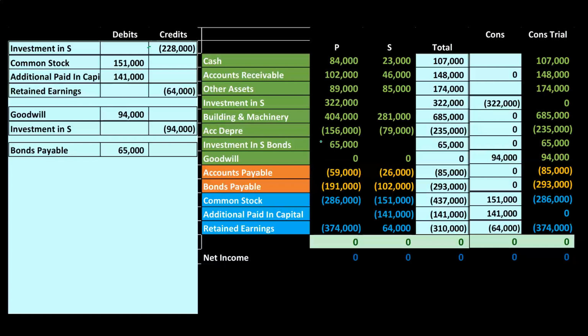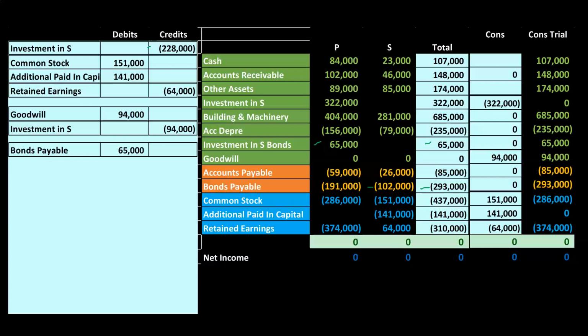Now, that should be a fairly straightforward thing to remove because we would see it on two sides of the books. One, it's here for P, and it's going to be in here for S, you would think, right? So we could just remove both of those sides. Notice it's not a huge deal because when we consolidate it, it's right here, and then it's right here, and they're going to net each other out anyways. But it's still a problem because, of course, the assets are overstated and the liabilities are overstated. The net of the two will wash out, but we need to remove them.